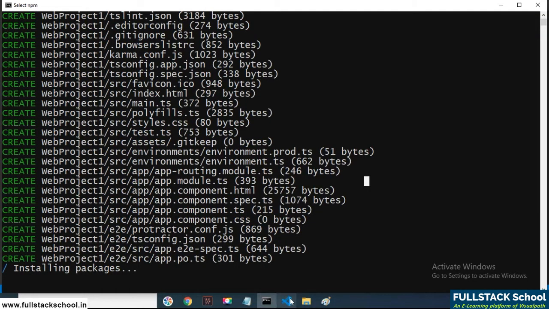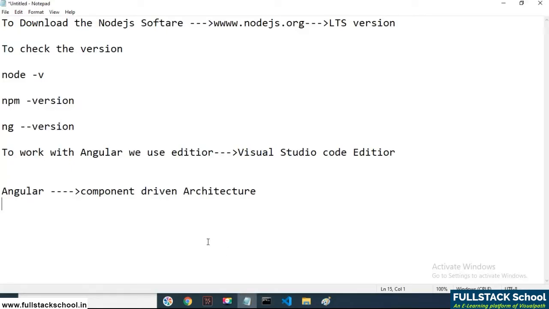If you want to open the Visual Studio Code from the command prompt, we can specify a command to open the Visual Studio Code editor. We are using code space dot. Automatically it will open the project in the Visual Studio Code editor.